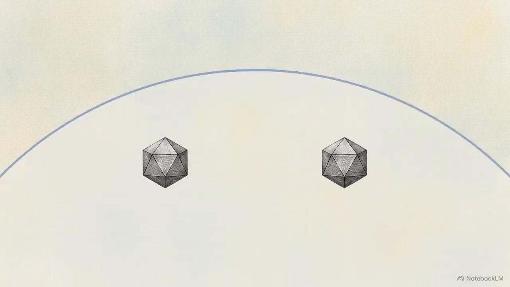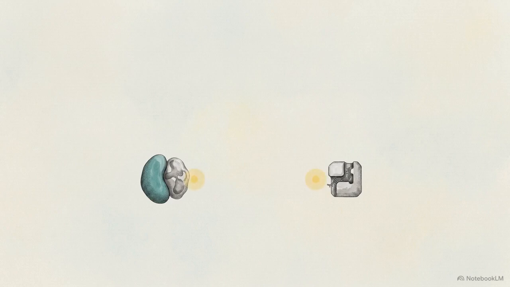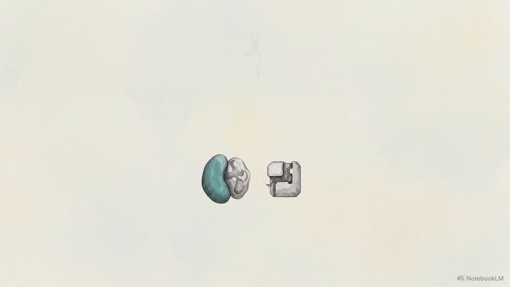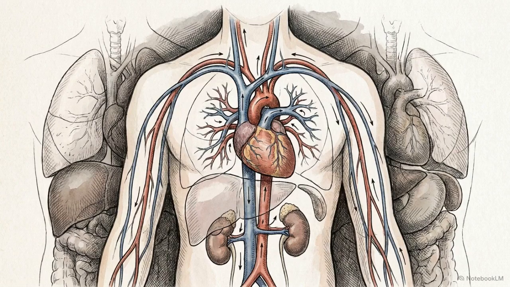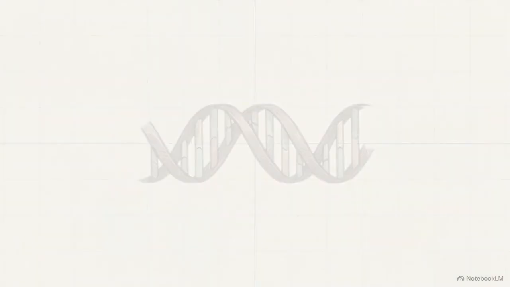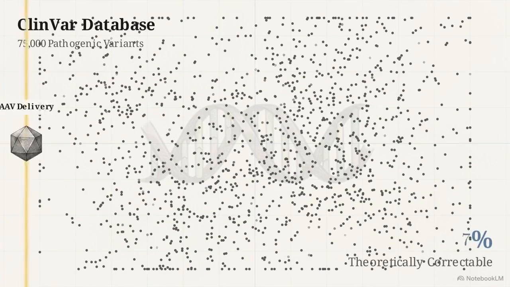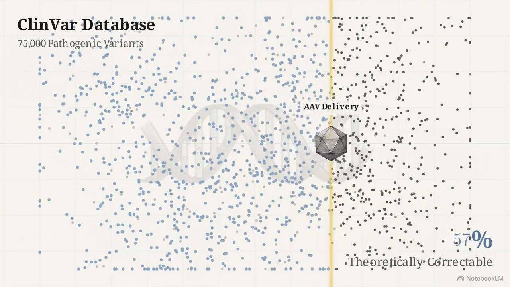To solve this, researchers developed the dual AAV split PE system. By utilizing split inteins, the complex is delivered in halves, allowing the protein to reassemble itself inside the target cell. Alternative delivery vectors, such as engineered virus-like particles and lipid nanoparticles, are also in development to bypass viral limits entirely. The development of these delivery systems will determine whether the platform can move beyond blood disorders. If the editor can reach internal organs, its versatility makes it a candidate for correcting a significant portion of the